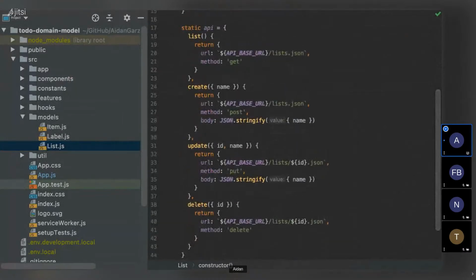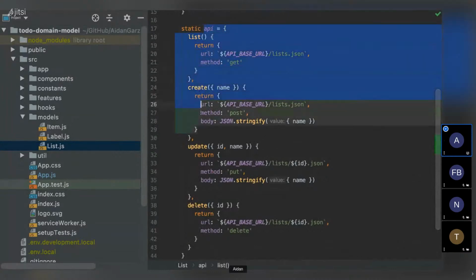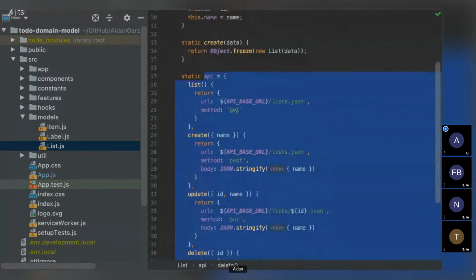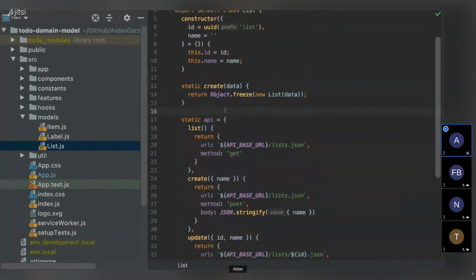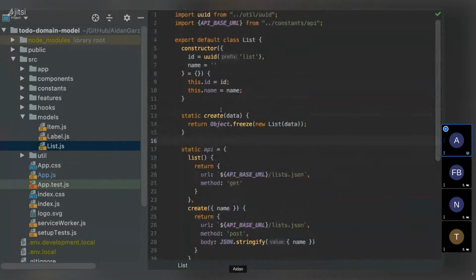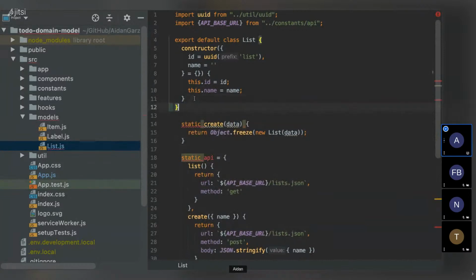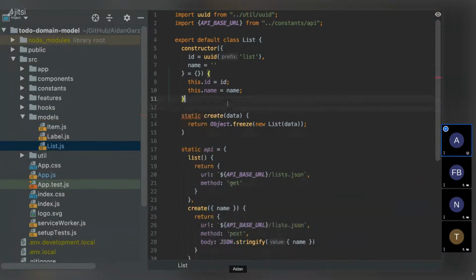And if anybody has questions about why I like to put the actual API definitions and things like the ability to create a static instance, we can definitely talk about that outside of the context of this presentation. But really, I could put a curly brace right here and end the definition of the class there, and this would be enough to get across what I'm hoping to in this presentation.